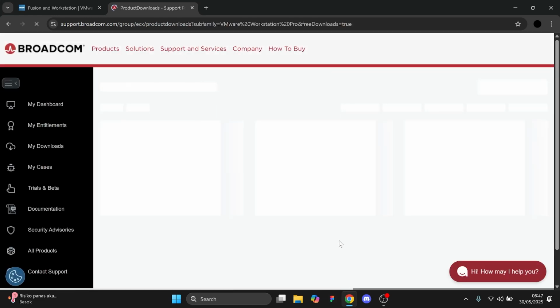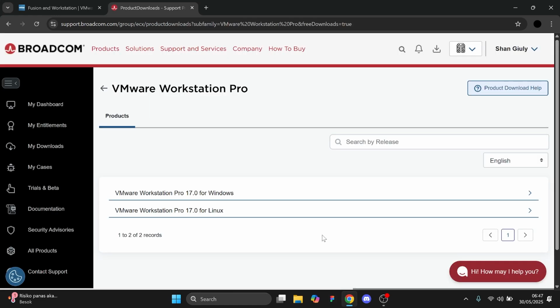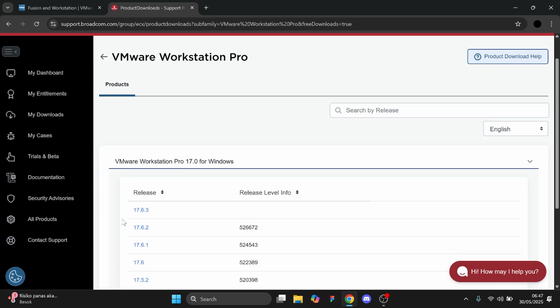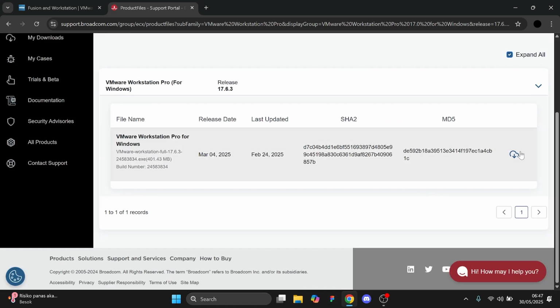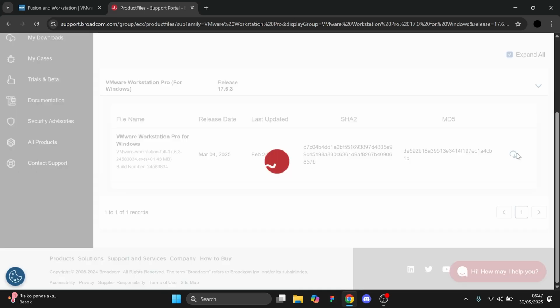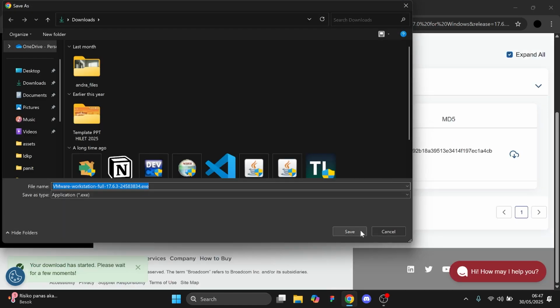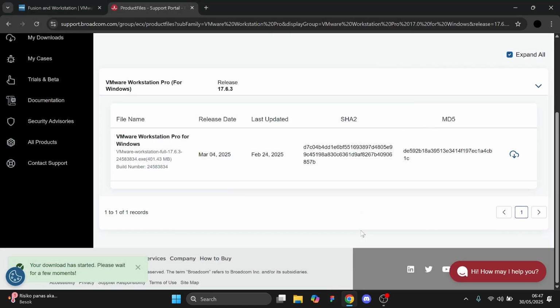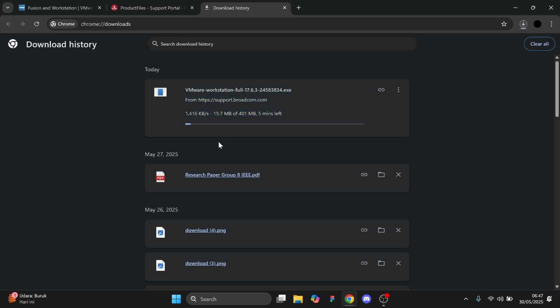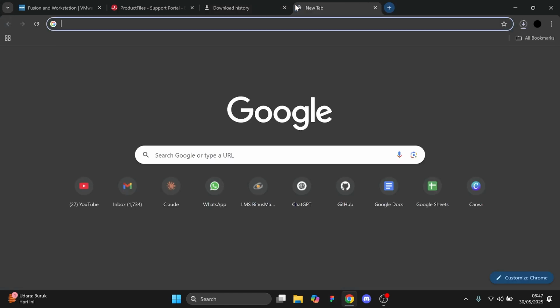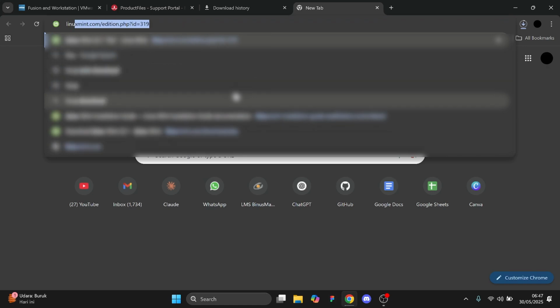Show results. Scroll to the very bottom to find VMware Workstation Pro. You can choose whether you download for Windows or for Linux. And click on the newest version. You can click on the HTTPS download and download wherever you'd like. While that's downloading,